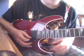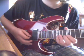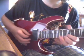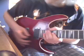Those are some of my favorite other patterns I like to do. I like to do this one. Each time you're starting with a downstroke when you go to transfer descending down the strings. That one can sound cool when you throw in something like a...